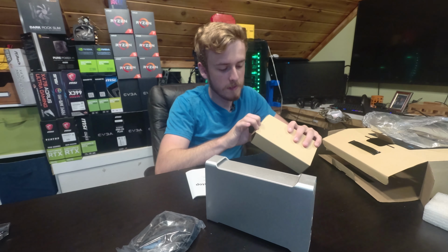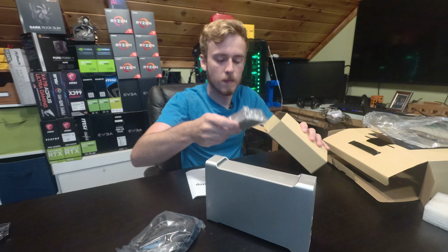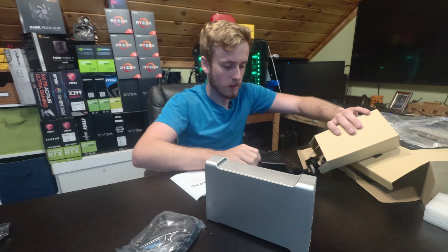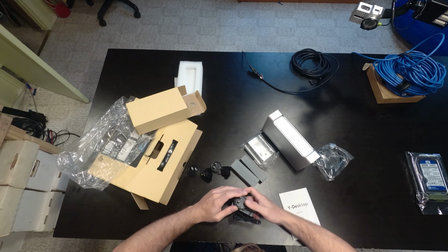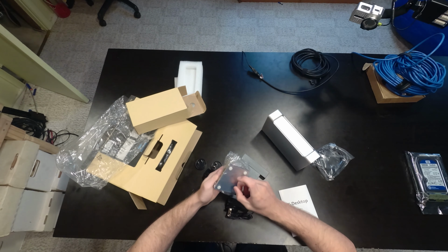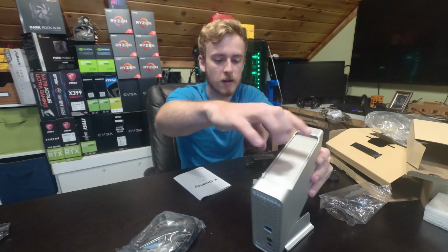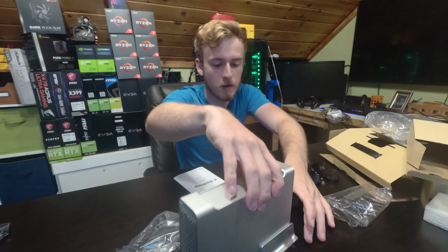So in here, what do we have? I assume we have power and mounting and a bunch of different plugs. Not only have they done the wonderful job of including lots of different plugs, they've also added a stand for it. I think this is plastic though. This definitely does feel plastic. Yeah, this is definitely plastic. But still, I don't know why you particularly need that. I think it stands well on its own, but in case you were concerned about your data falling over,